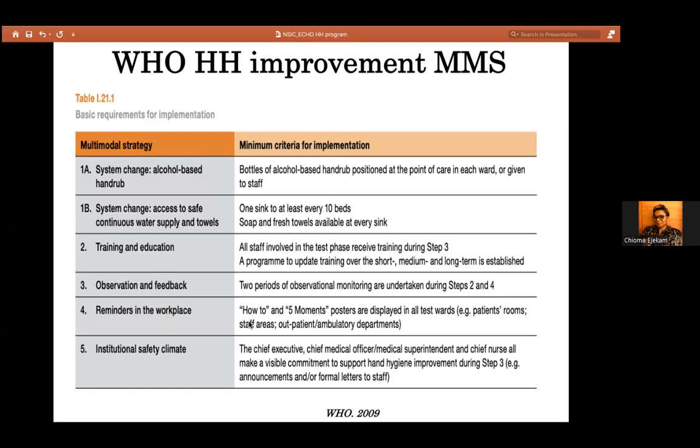So anybody who is watching television at any point in time will see those flash things on how to perform hand hygiene, the 5 moments of hand hygiene. And we found it very interesting and innovative. Beyond reminders, that would support even step 5, which is institutional safety climate.